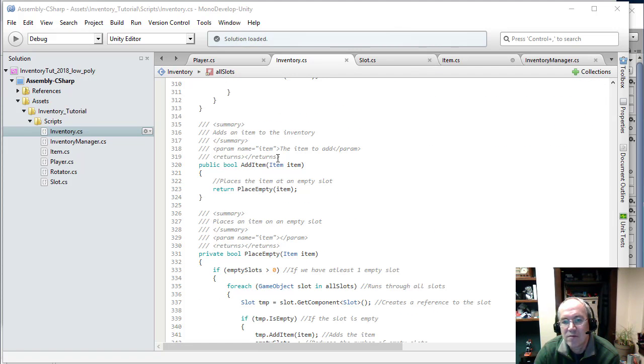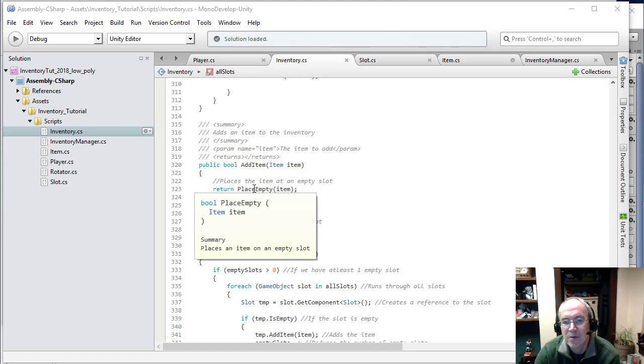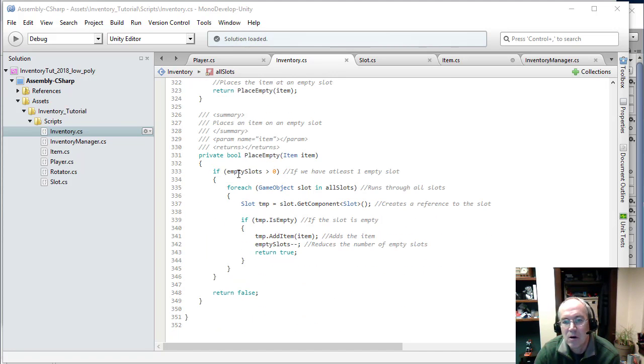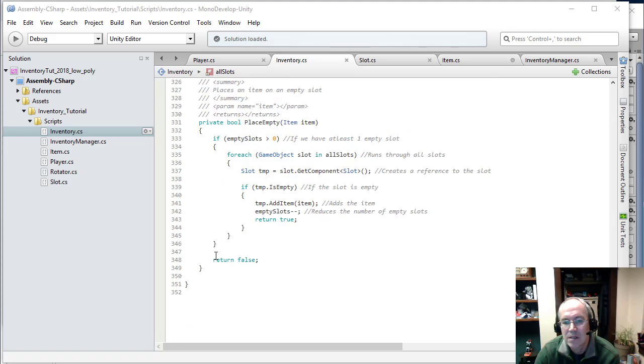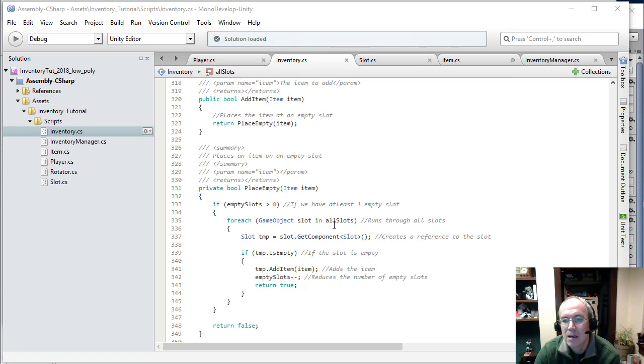Add item is what we call from player. We add this item in here, and then we try to find an empty slot to place it in. So we make sure we have an empty slot, and we look through the slots, try to find an empty one and add it in here. So this is a basic routine for just adding an object. Now, when we find an empty slot, it should have some slot code or a link to the actual slot